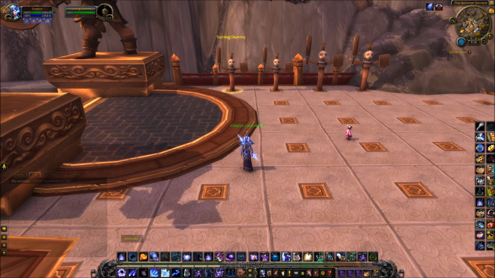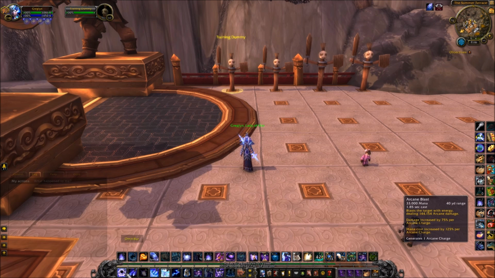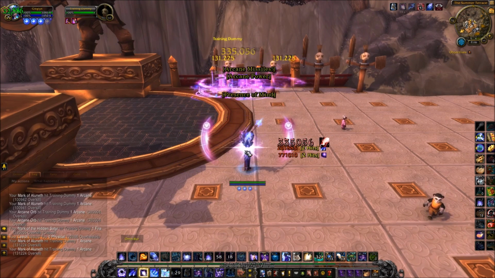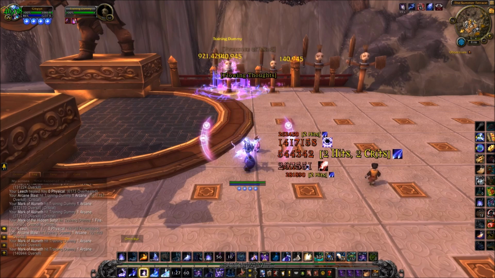So you go Mark of Voluneth. I'll explain it first, then I'll show you. So you go Mark of Voluneth, Arcane Orb, Arcane Power, Presence of Mind at the same time, and you do double Arcane Blast, and then into an Arcane Barrage. So it would look something like this: Mark of Voluneth, Arcane Orb, Presence of Mind, Arcane Power, double Arcane Blast,